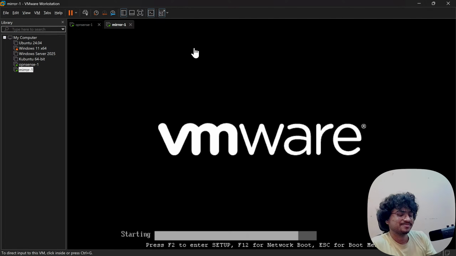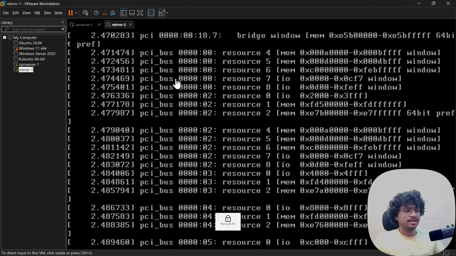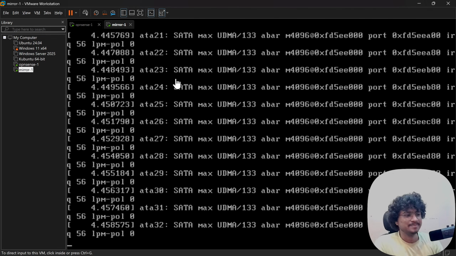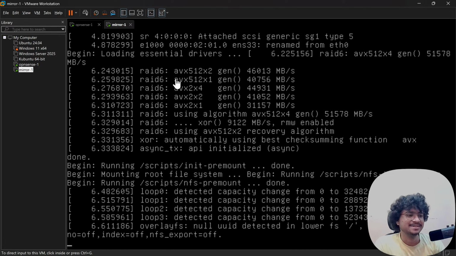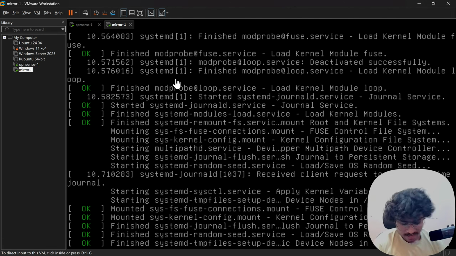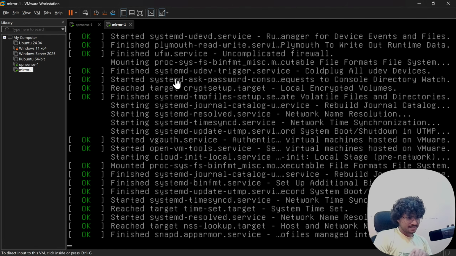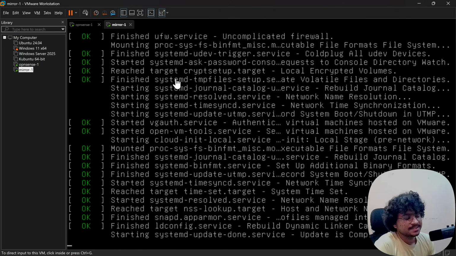Okay, let's see. Let's see if this gets IP 40 automatically from my DHCP server. It means I have leased 50 to 60, but 40 is reserved for this particular MAC address. Let's see if it works.